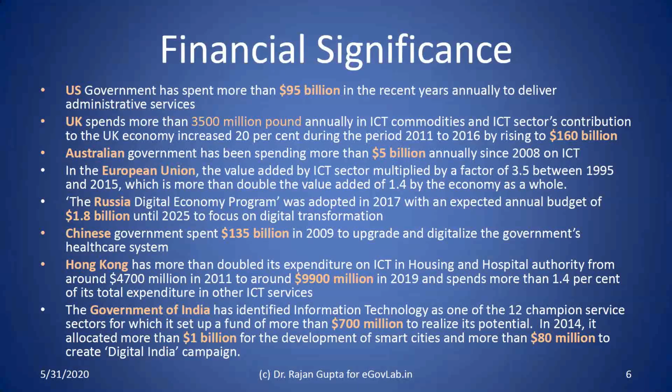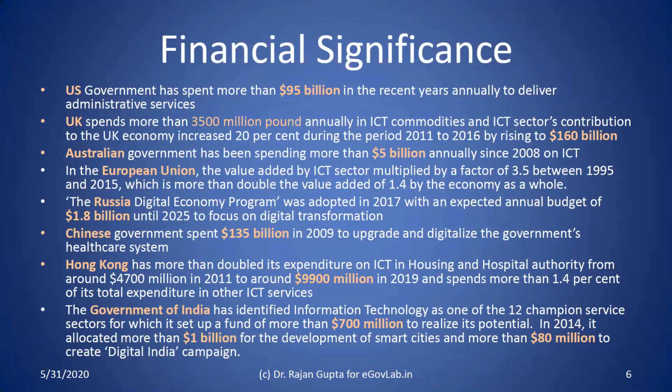They are all spending huge amounts of money on putting the ICT infrastructure in place so that most of their processes, most of their data can be taken to a technology platform, which can directly reach the various entities like citizens, business houses, other governments, and their employees. So for example, these are the data sets which are obtained from various papers and reports last year, and some of them have been improved with respect to the current data.